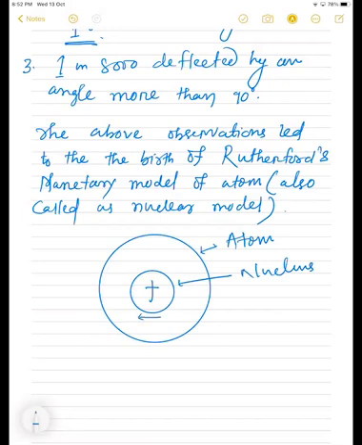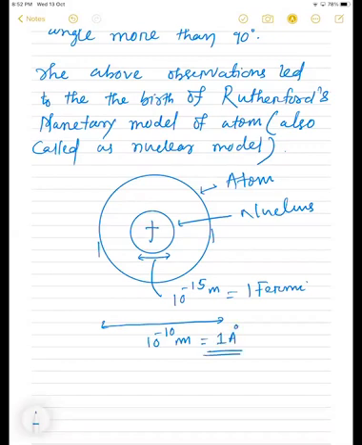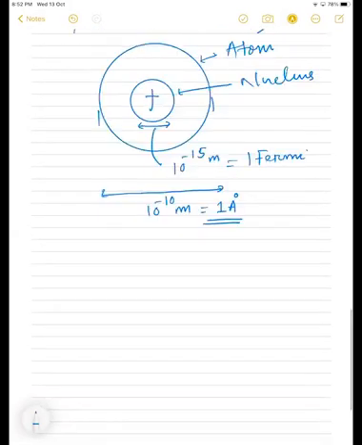The order of the positively charged nucleus, in terms of its diameter, is 10 to the power -15 meter. And the whole atom, from here to here, is 10 to the -10 meter. You know 10 to the -15 meter means 1 Fermi, yes or no? And 10 to the -10 meter means 1 Angstrom, yes or no? So from Rutherford's model,